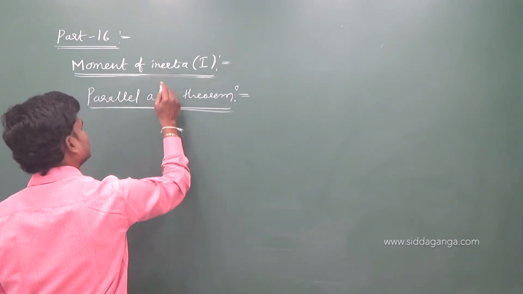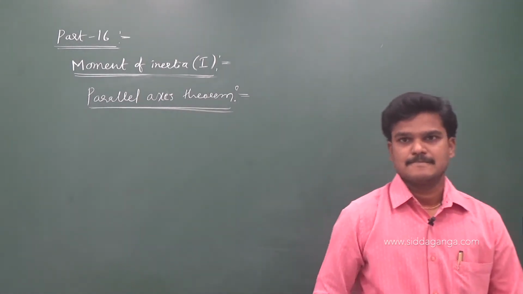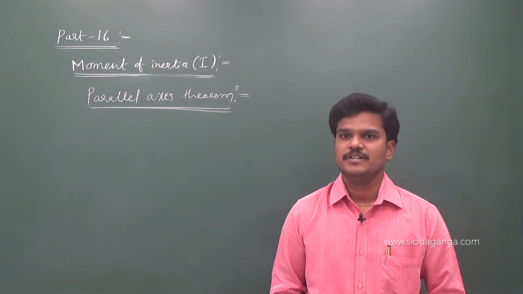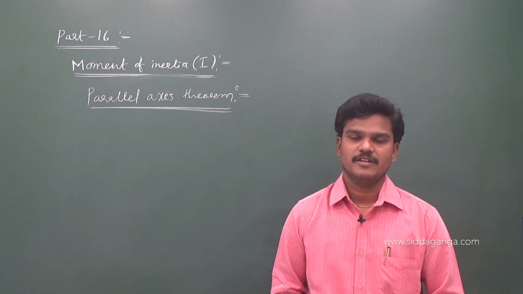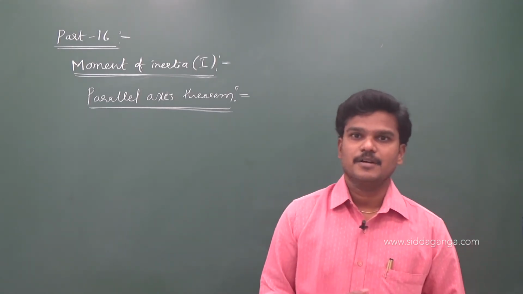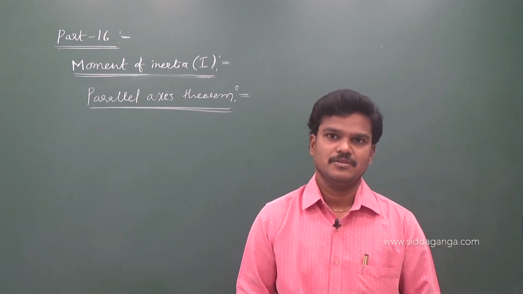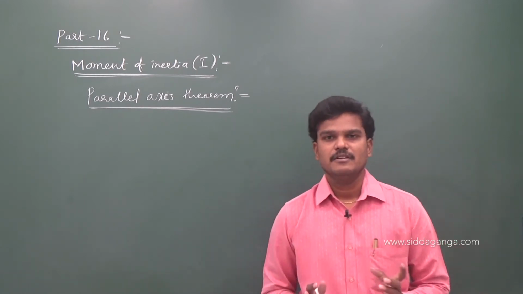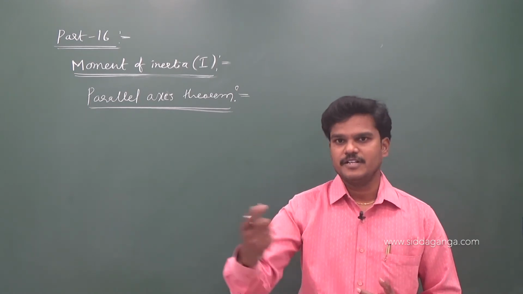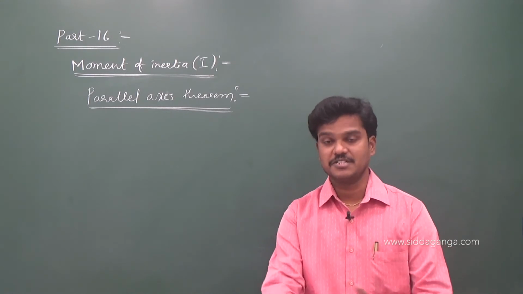Okay, you can use the parallel axis theorem. See, there are two theorems to find the moment of inertia of a rigid body. One is the parallel axis theorem, the other is the perpendicular axis theorem. No need for derivations. Here we need a formula, and I am going to apply that formula to different objects. We are going to find the moment of inertia for different objects in the next sessions.